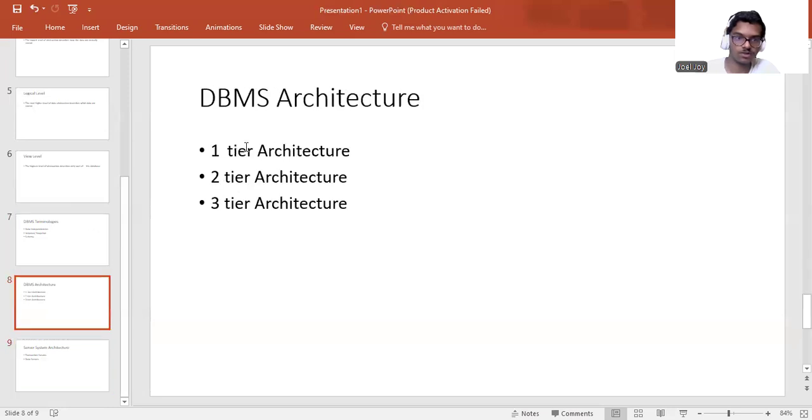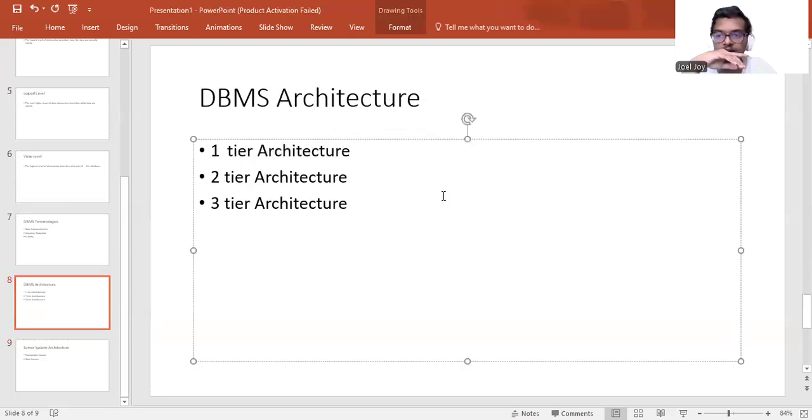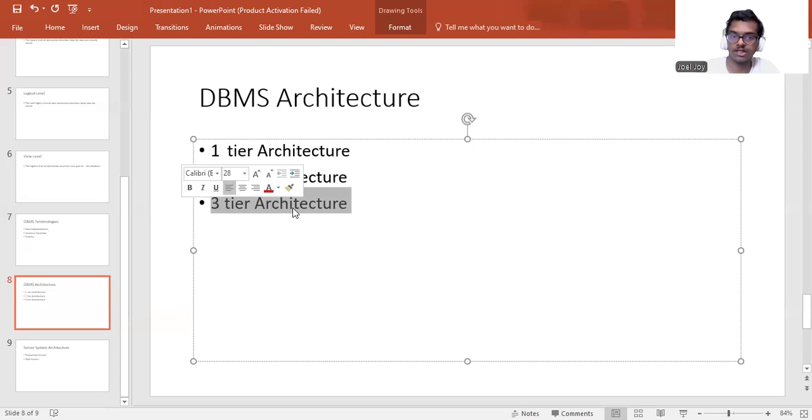Now, the problem with the first tier architecture was that data is entered directly into the database, so it is very hard to enter data for people who don't know how to use a database. So the second tier architecture was used. The second tier architecture has the advantage of being very fast because it is given to only a small number of people. The problems arise with the second tier architecture when a large number of people are using it. So nowadays, most of the time we use the third tier architecture because many people can access and use it at the same time.